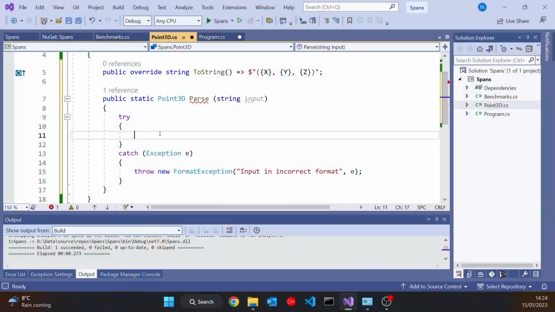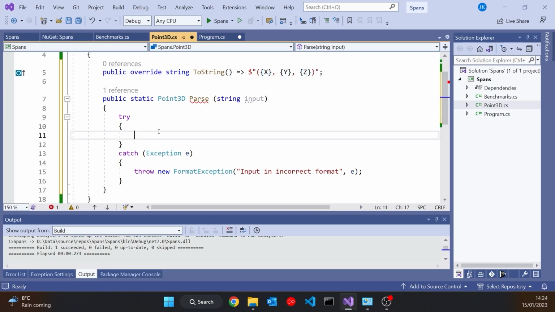Now I have to say, I'm not going to be really writing code that tests for every possible wrong input, so there may be a few gaps here. That's not the point of what I'm doing. I'm focusing on the correct input, but we do need to have that in there. And then what we need to do is this. We're trying to convert something in the format like that on the toString back into our point3d.